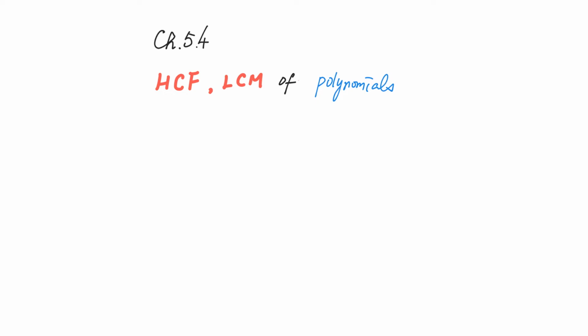HCF and LCM of polynomials. I guess we have no problem finding the HCF and LCM of 24 and 90. We may use a listing method, write down the prime factorizations of the numbers, and then to find the HCF, we